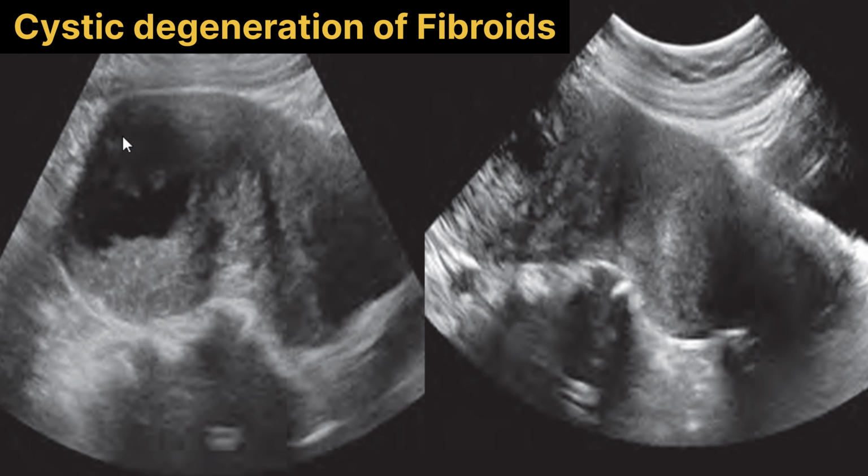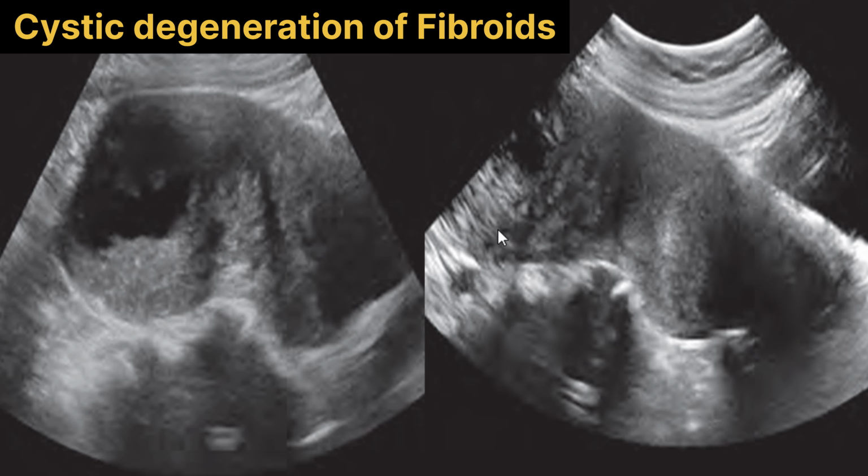Now we are going to discuss the fibroid with cystic degeneration. A fibroid with cystic degeneration may resemble a fluid collection in an obstructed uterus or a gestational sac. Now this is a longitudinal transabdominal image of the pelvis, and it shows a complex fluid collection in the uterus, and initially it was thought to represent fluid distending the endometrium of the uterus. And this is the longitudinal transabdominal image of the pelvis, which was obtained later in the examination after partial filling of the urinary